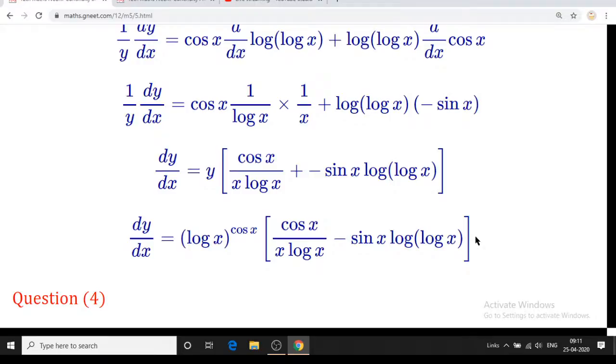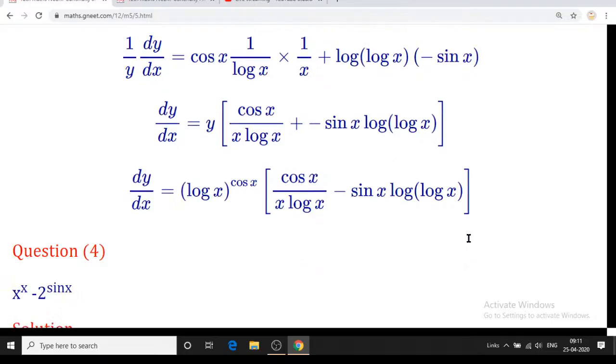That is the only way we can simplify this, or one more step we can go if you want. We will take the LCM here, then x log x will be the LCM, and then log x as a base we can convert again, but you can keep this as the answer also. I think it is clear.